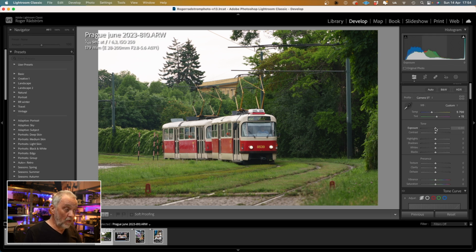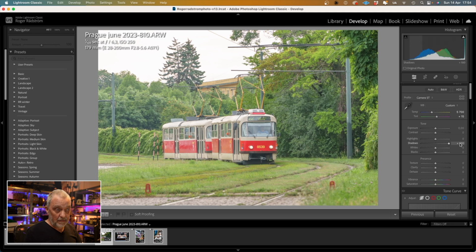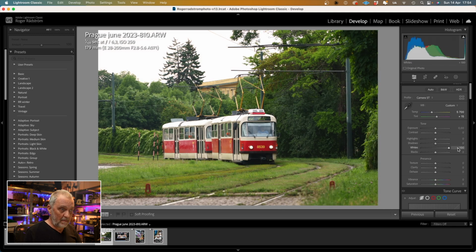Exposure is the brightness of the photo. Darker, brighter, that's it. I will come back to contrast. Highlights, shadows, whites and blacks. It's what the names say. So highlights up and down. Shadows up or down. Whites and blacks. And often we use shadows and blacks differently from each other because they don't do exactly the same thing. Often I use shadows. I raise the shadows to get more things in my picture visible, but then I restore some contrast by lowering the blacks. For example,